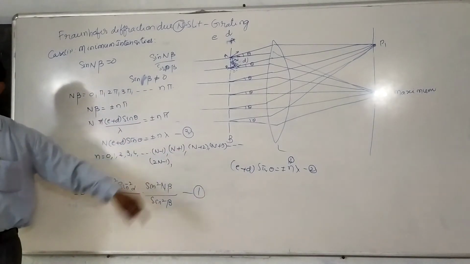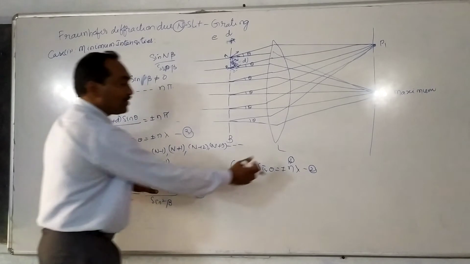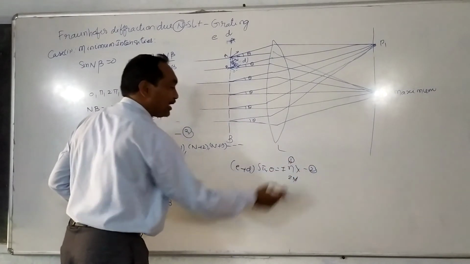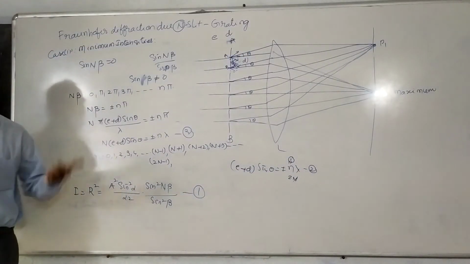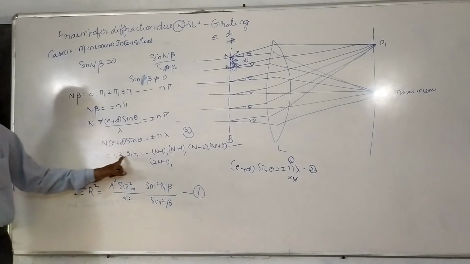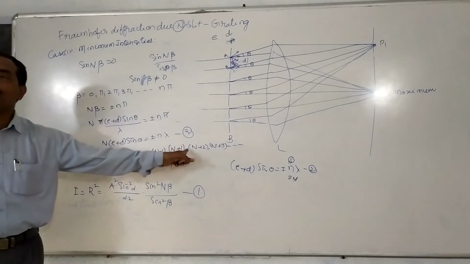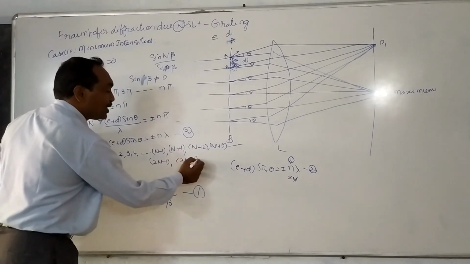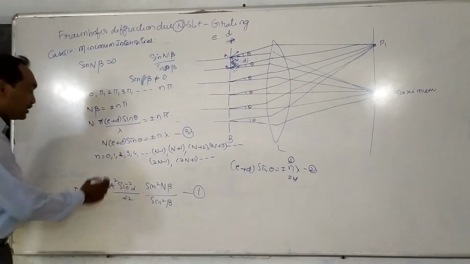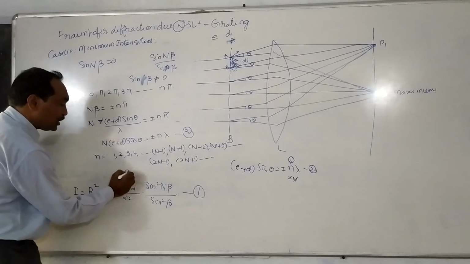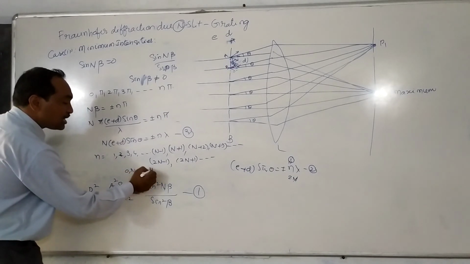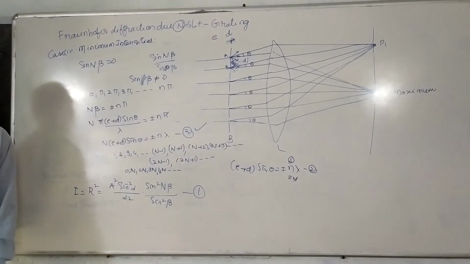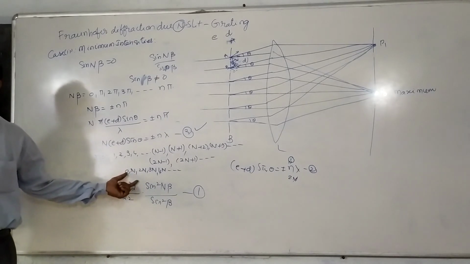After 2n minus 1, the next one is 2n. If small n is equal to 2n, then what happens? N cancels. Then there is 2 lambda. 2 lambda is the condition for principal maxima. So there is 0, 1, 2, 3, 4, up to n minus 1, n plus 1, n plus 2, n plus 3, and so on up to 2n minus 1, 2n plus 1, the next one, 2n plus 2 and so on. In this case, of course, 0 is not available. That is 0, n, 2n, 3n, 4n are not allowed in this equation. These are the conditions for principal maxima.